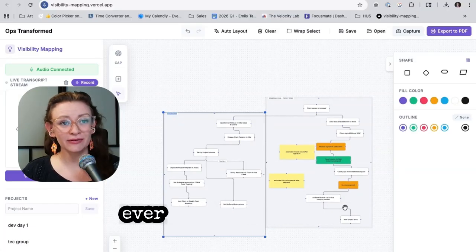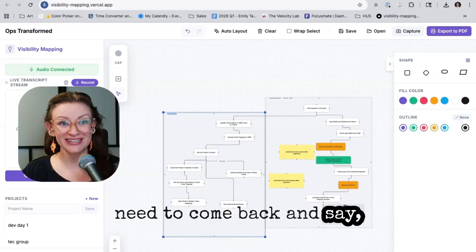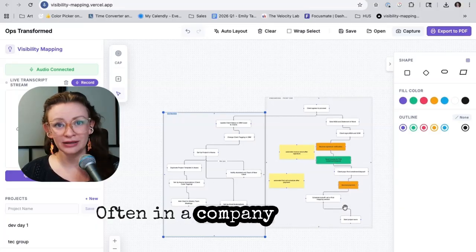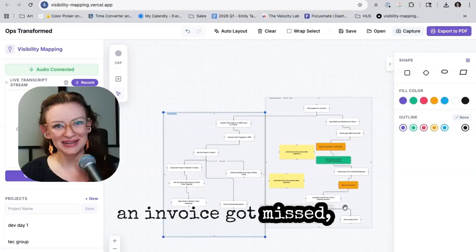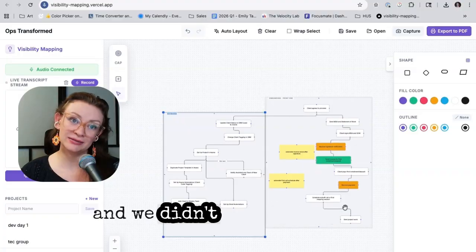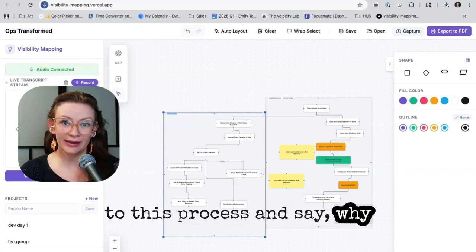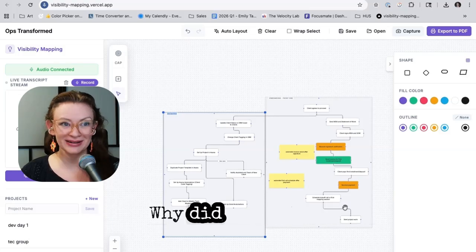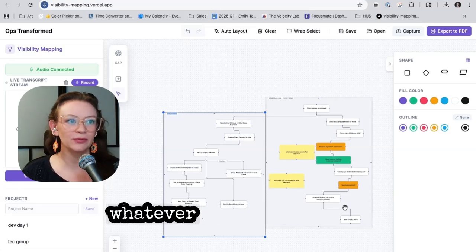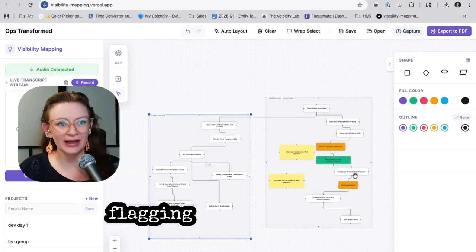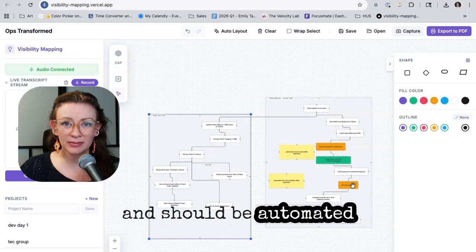Or in the future, if there ever is a problem and we need to come back and say, oh boy, something didn't get set up right. Often in a company, that means an invoice got missed, an invoice didn't get sent out, and we didn't make some money. So then we need to come back to this process and say, why did that invoice get missed? Why did that Asana project not get set up? Whatever the situation is,